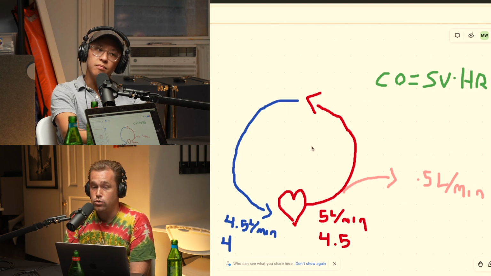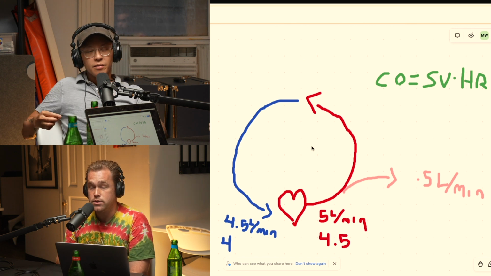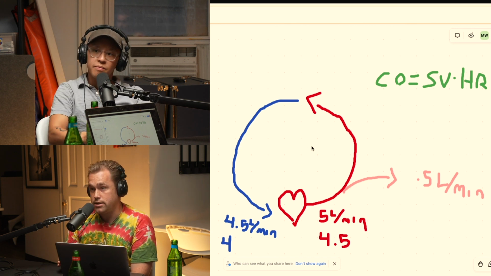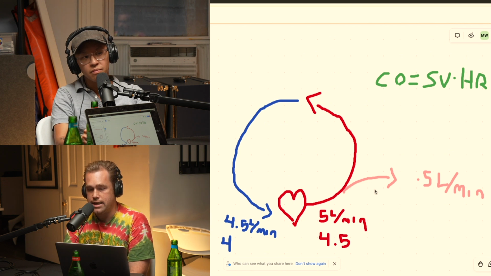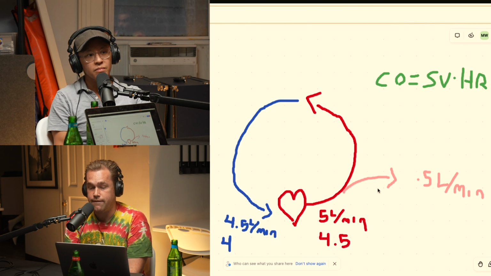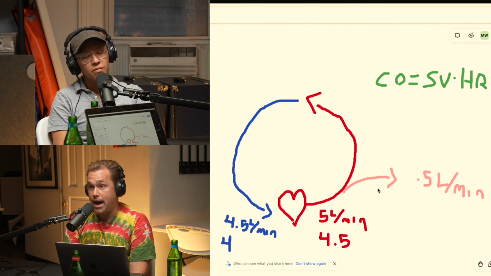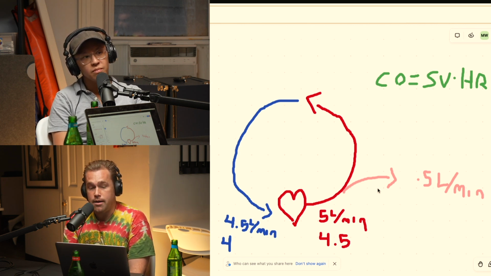You're losing this capacity to carry blood. There are 2 types of hypovolemia. There's hemorrhagic, which is caused by bleeding, and there's non-hemorrhagic, which is like diarrhea, dehydration, malnutrition. Arguably, hemorrhagic is worse because it is quicker. You're losing that blood at a faster rate, and the body doesn't adjust that well. It is more difficult to stop.